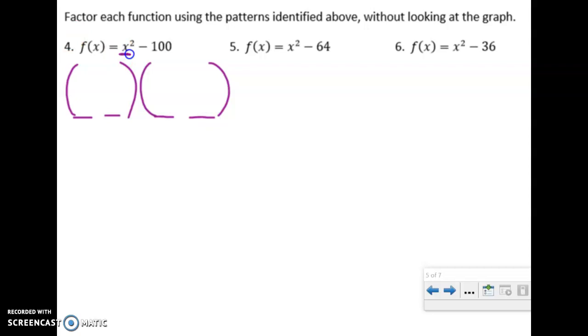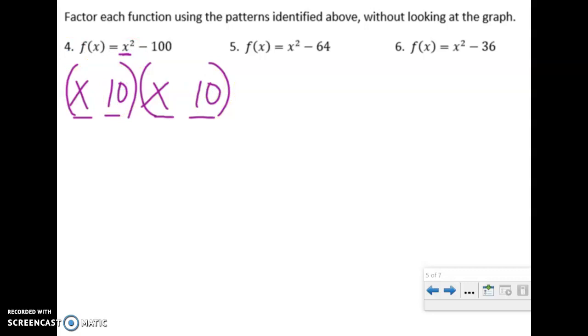So the x squared is the area of one square, so I break it up into the two side lengths. If I have two x's, I put one x in the first binomial, one x in the second. And then 100. What one number multiplies to 100? Hopefully you're not bad with your multiplication facts, because that would make this pretty easy, and it would be 10